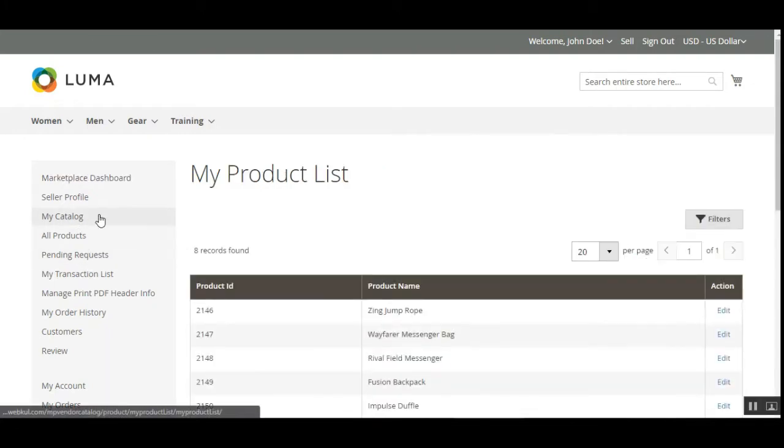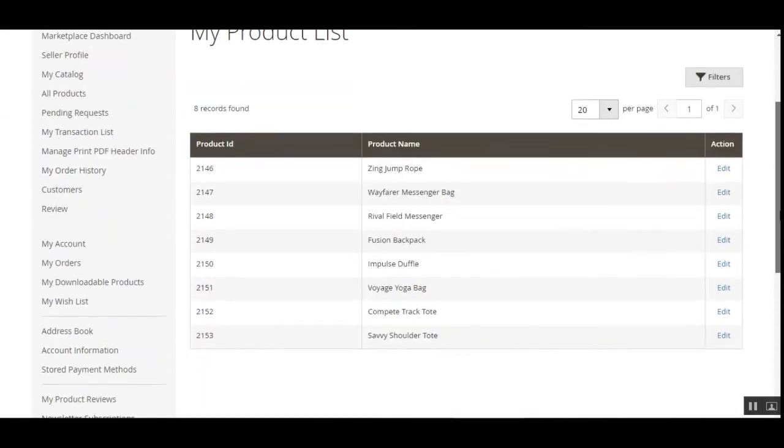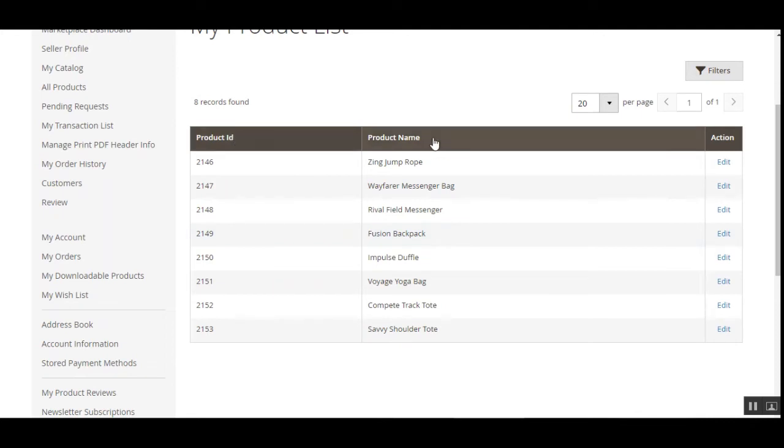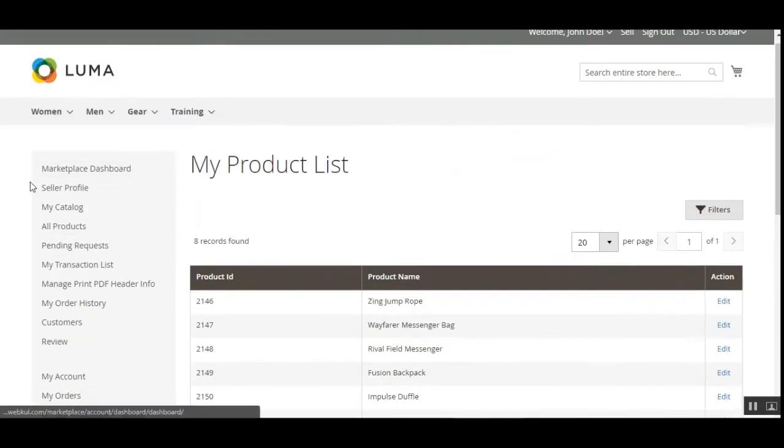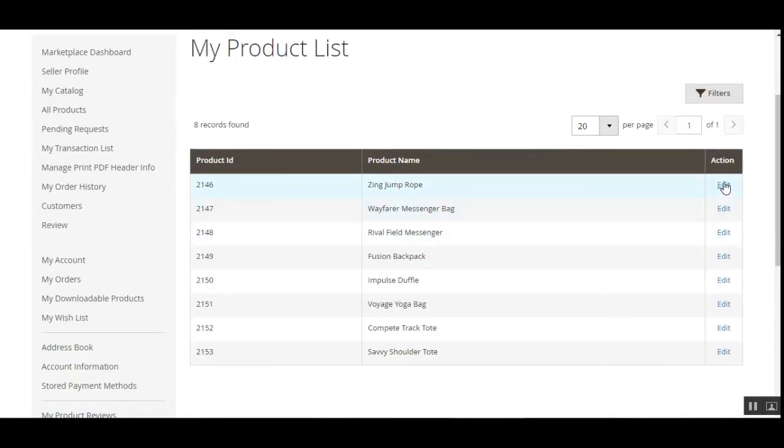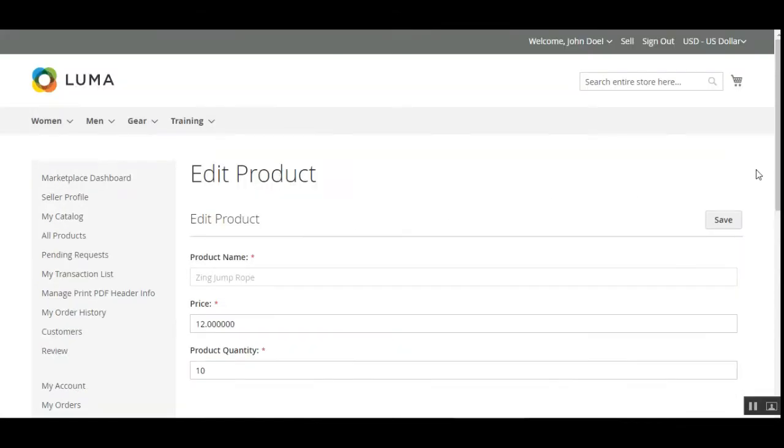So here's my catalog section. Here you can see that the sellers can see the product list. Here you can see the product ID, the product name, and the actions column, wherein the seller would be able to edit the products that are under the My Catalog section. If I tap on the edit link under the actions column, that brings up the edit product page,